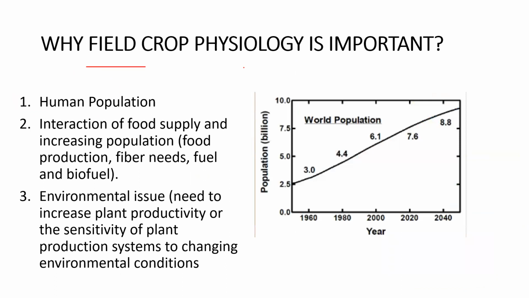And then, field crops are important so that at least we can overcome the need for higher yield and feed the people. So crop physiology is very important for environmental issues, especially when we talk about climate change. When there is drought, what enzymes should we produce, or what happens in our plants so they can overcome drought or flooding?